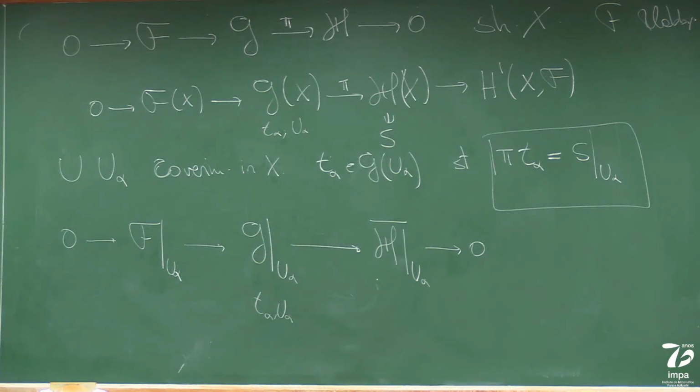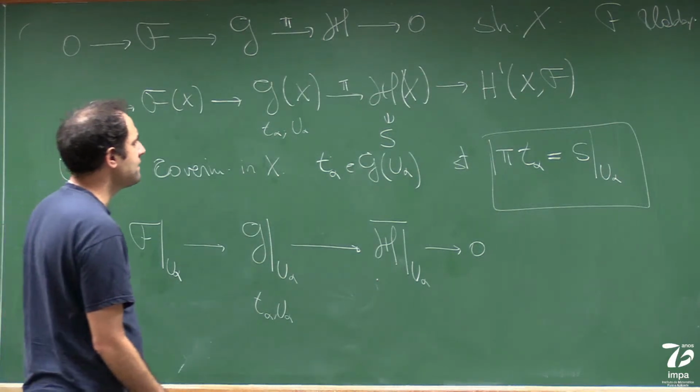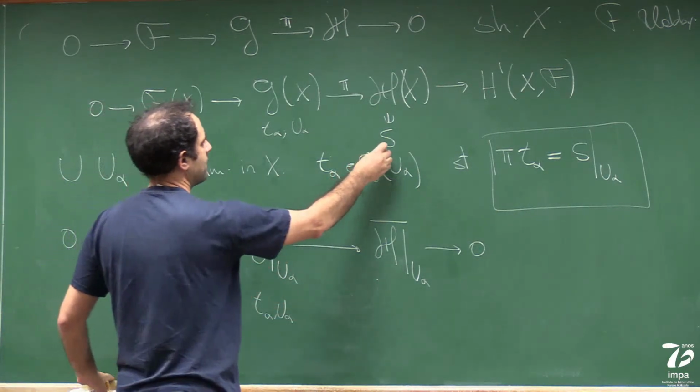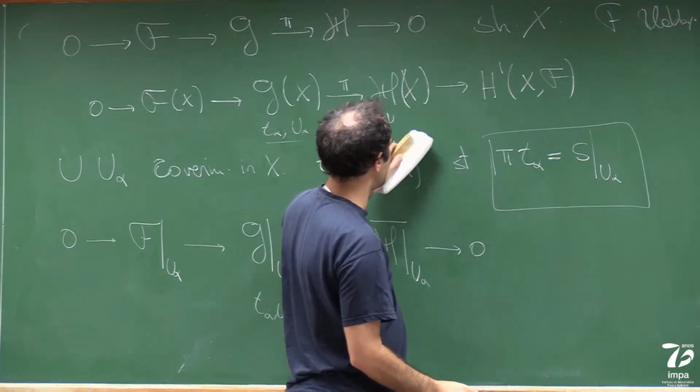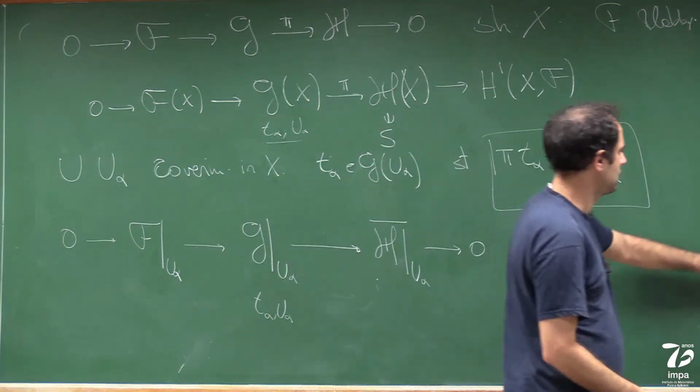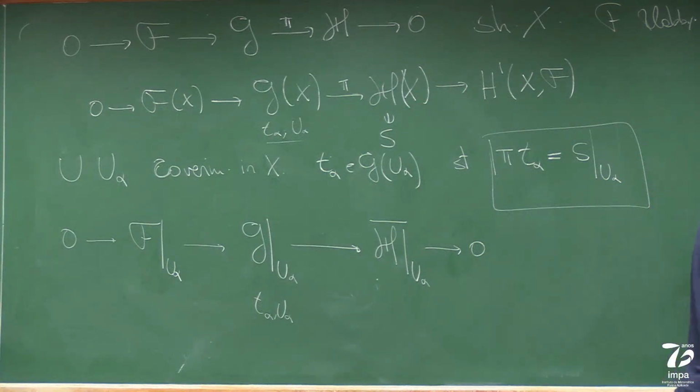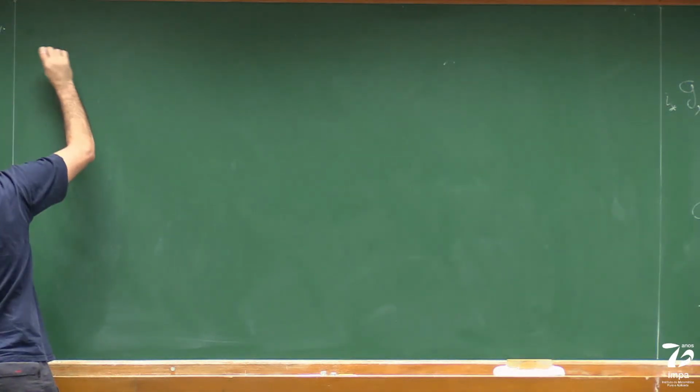I claim that this S here has to map to 0 here. So let's see why. And perhaps I should do this in 2 steps. So let's do a few things before. Let's do a few lemmas. So first of all,